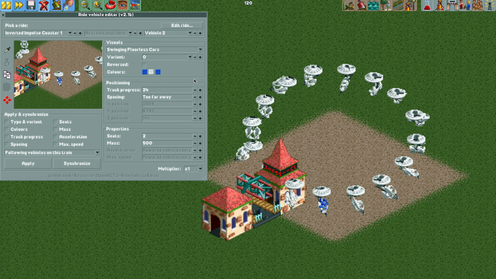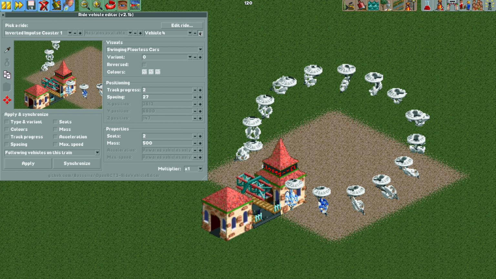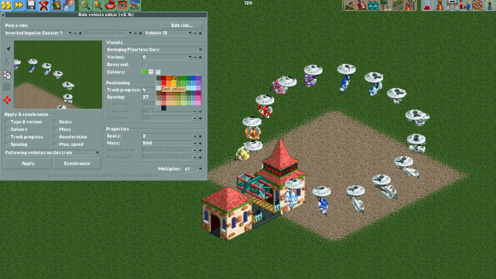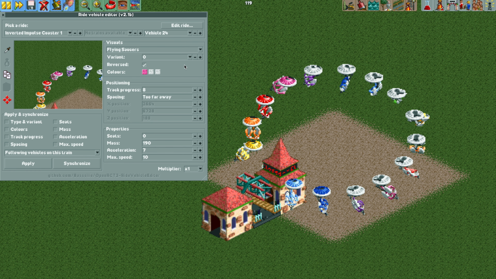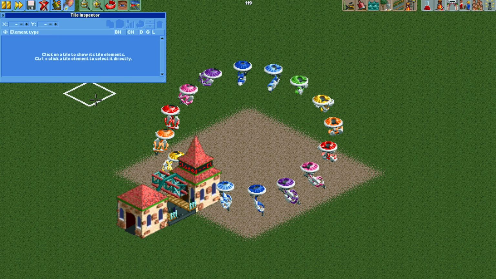So vehicle 2 we can set to blue, and then I can go to vehicle 3 and set that to light blue, and let's just give the entire train a nice colorful vibe as I manually do that for every single vehicle. And now we can open the tile inspector,